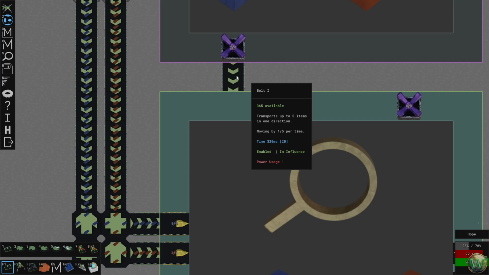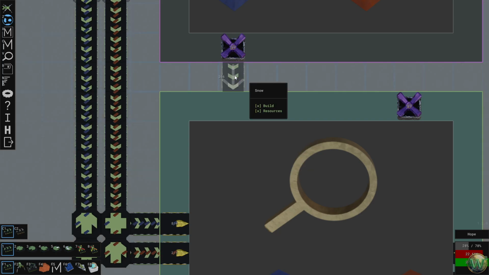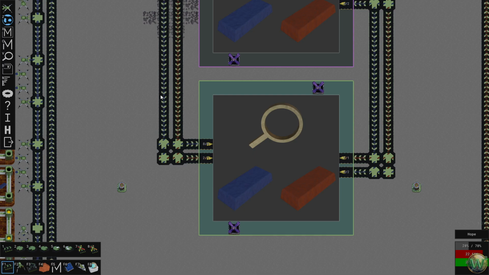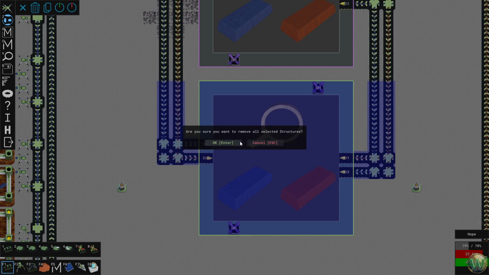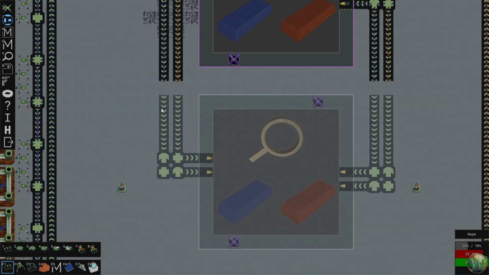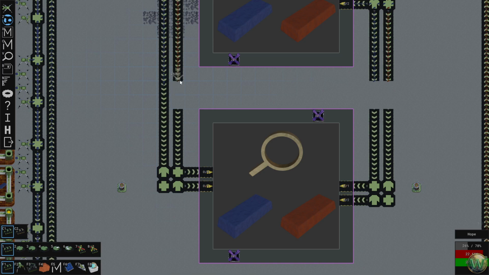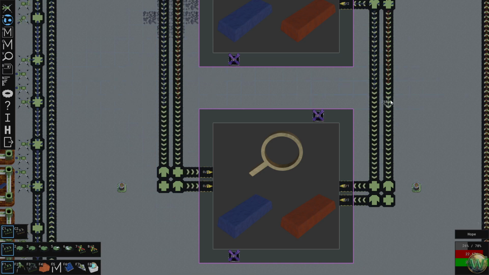Wait. Oh, that's a chest. Crap, that's a chest. So I do need the extra space. Unless I did the belt outputs, but that's fine. Let's just do this again. And we need to grab... I'll just do 3. 3 is fine because 3 gives me the ability to do it without going crazy with